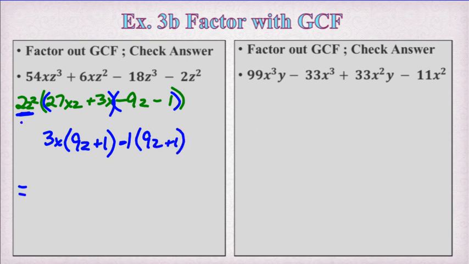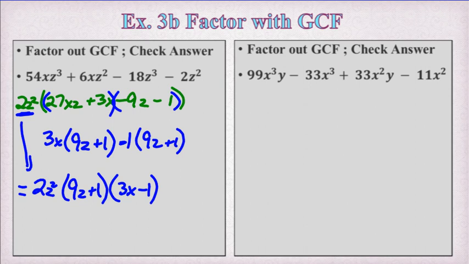So for my answer, I bring down my greatest common factor, which is 2z squared. My parentheses would be 9z plus 1 times 3x minus 1. Next one, I can factor out 11x. That leaves me with 9x squared. Actually, I can take out an x squared, so this would be